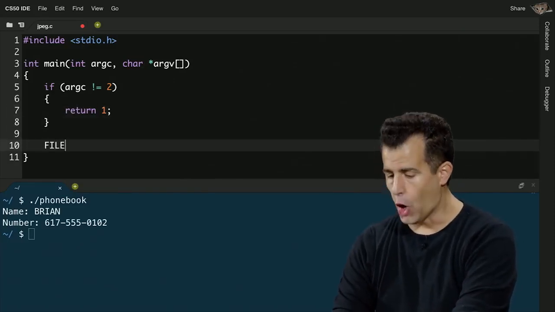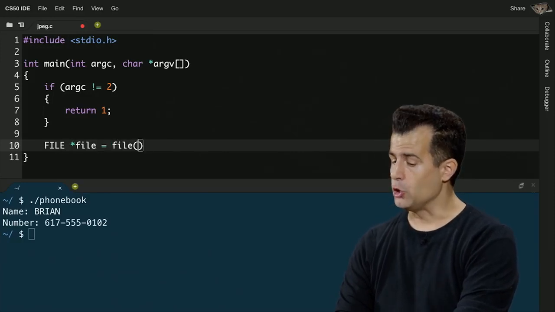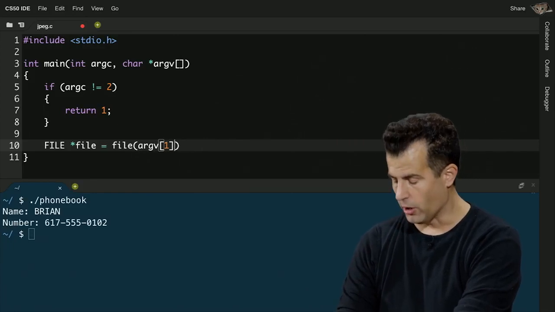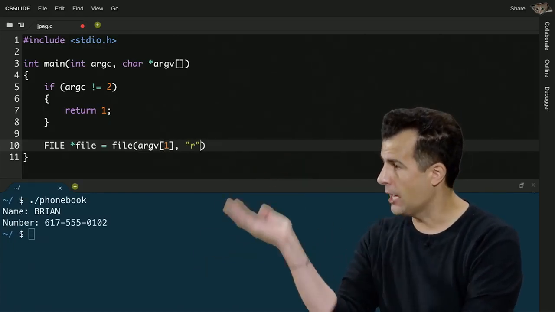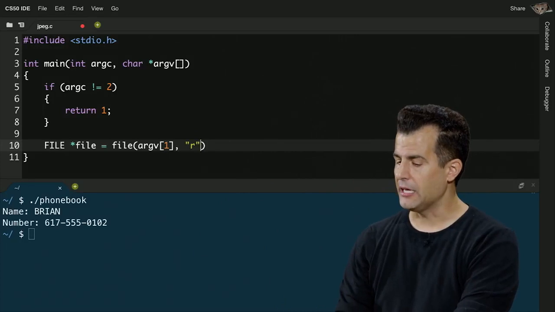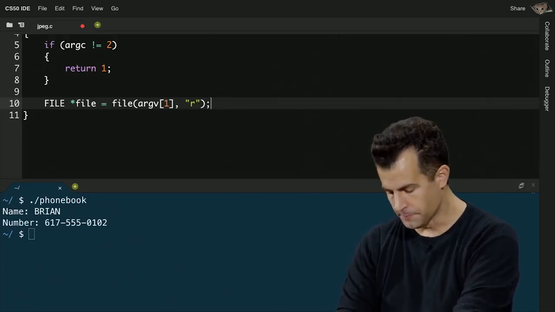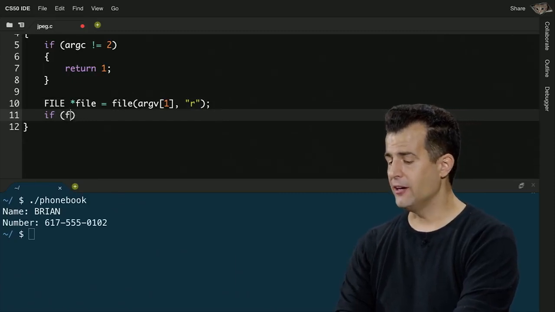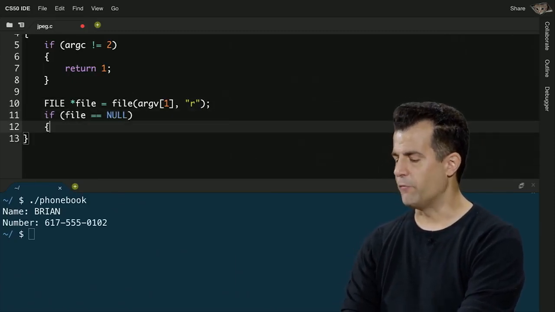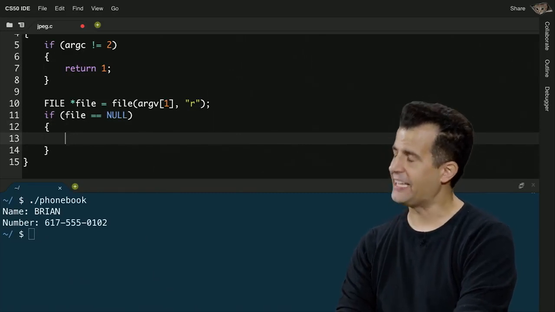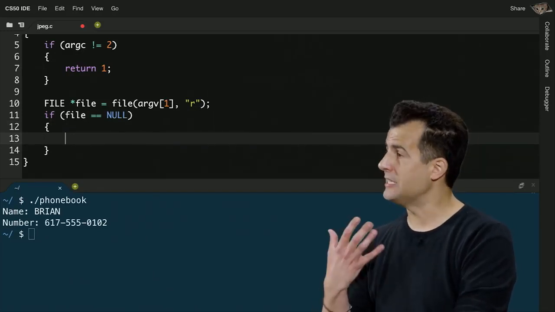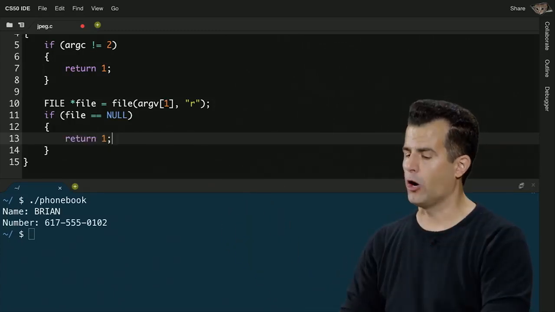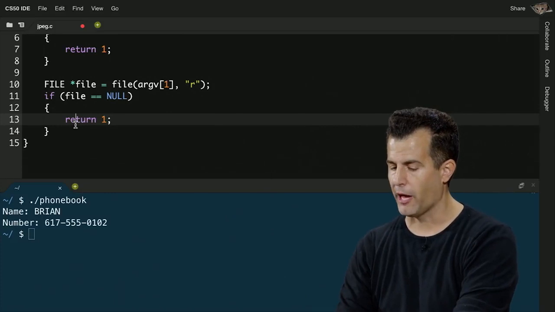I then want to go ahead and open up the file that the human typed in at the prompt, which I claim is going to be the second word they type, so argv1. And I want to read it this time, not append line by line. I just want to read it from the beginning, and the key word for that is r. And then I'm going to go ahead and actually do a little error check. If file equals null, we haven't seen this before, but if fopen, if malloc, if getString return error conditions, they actually return this special value null. But for now, let me just go ahead and say something went wrong. I'm going to return 1. But we won't worry too much more about it for now.